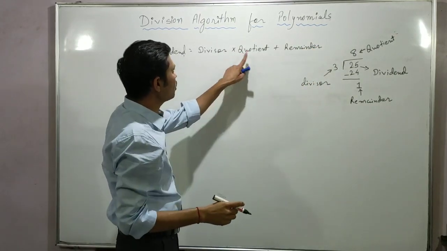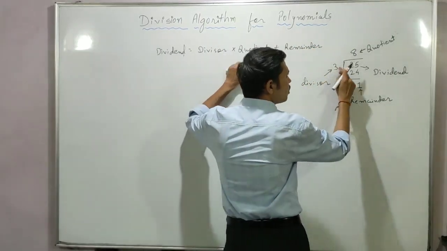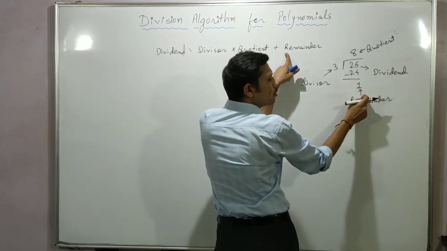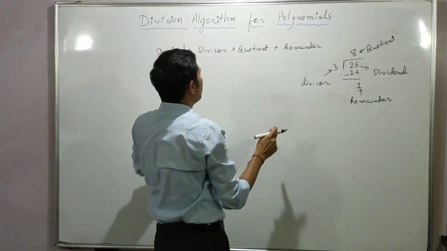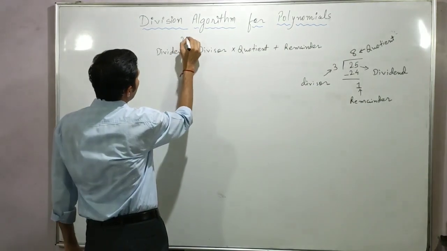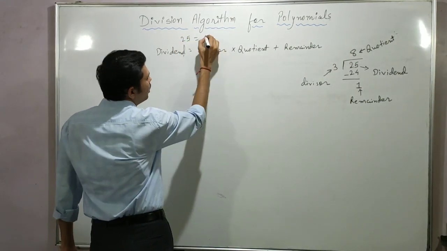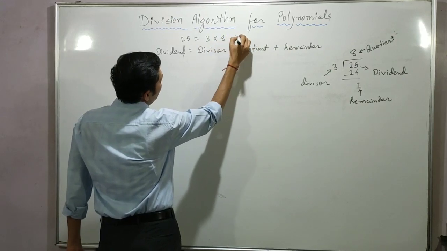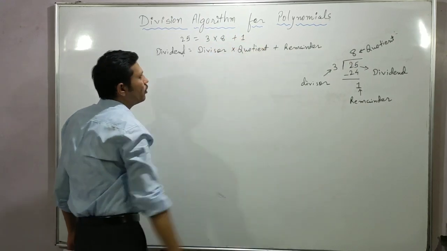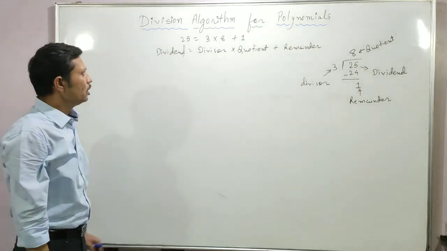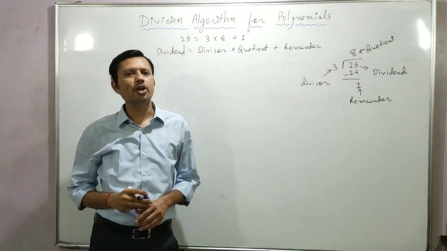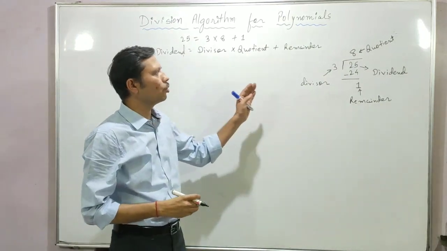Now you can see divisor multiply quotient. 3 8s are 24 plus remainder 1. That is the answer, 25. Okay, we can write it like this: 25 is equal to divisor 3 multiply quotient 8 plus remainder, that is 1. Okay. Now in the same way, in the division algorithm for polynomials, the dividend, divisor, quotient and remainder,